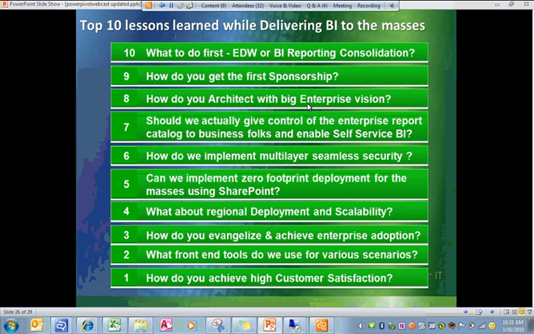Should we actually give control of the enterprise report catalog to business folks and enable self-service BI? If you walk away with one thing from this presentation today, that would be this one. Yes. Give control of those individual folders, of those individual sites, if you would, to businesses to create reports. But at the end of the day, there has to be some governance from IT. So IT should do a good job of managing, securing, and enabling the overall big catalog,